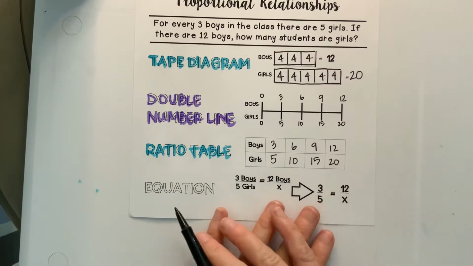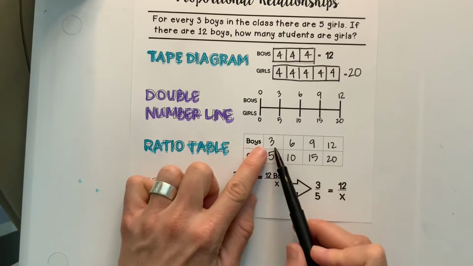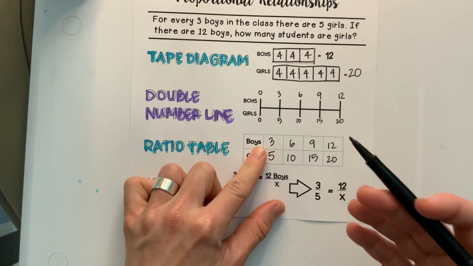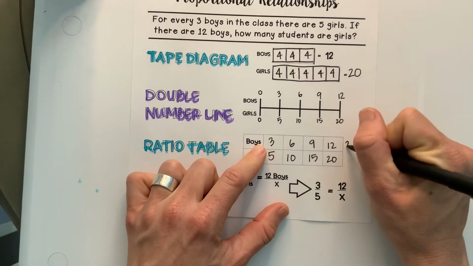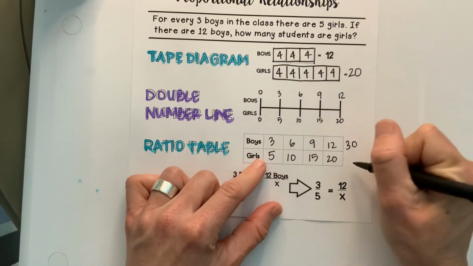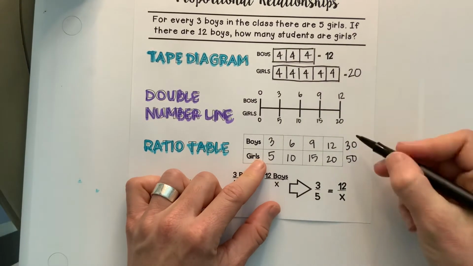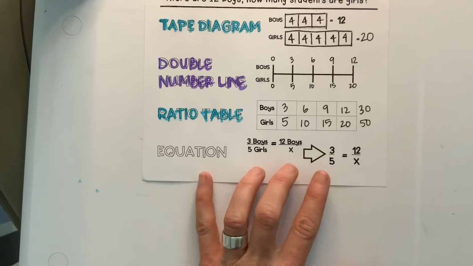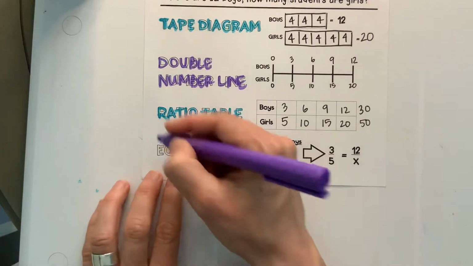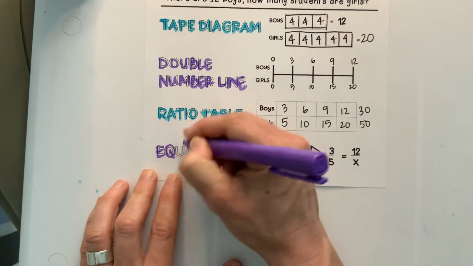You also can then skip really, really big. Let's say I want to see what the equivalent ratio is that's 10 times bigger. 3 times 10 would be 30. 5 times 10, that would be 50. So that might be an equivalent ratio. All right, and then the last method is that you can use an equation